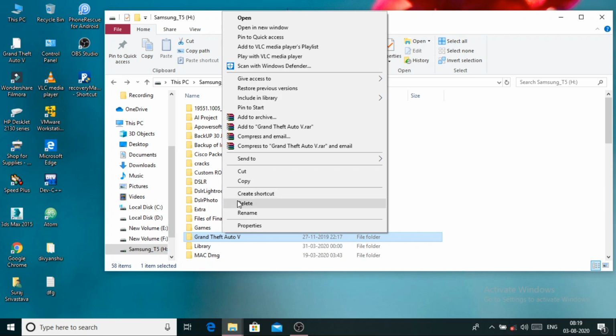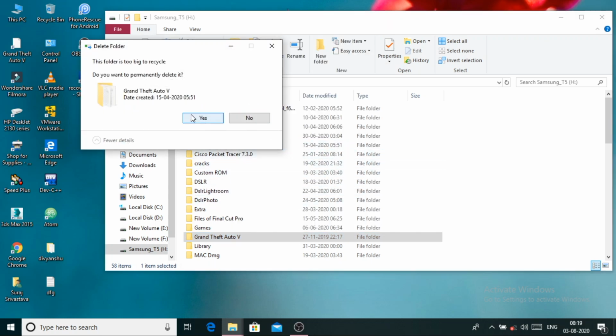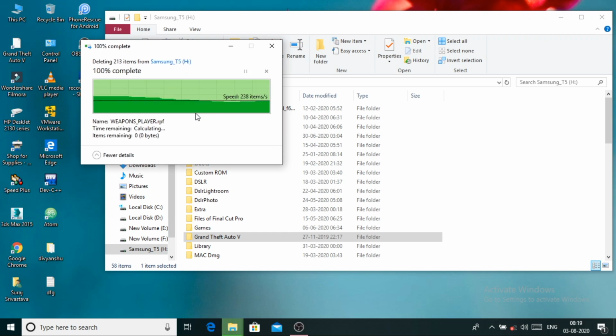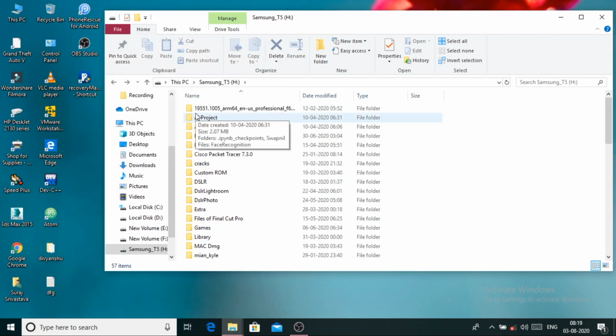Let me click on delete, and here it will say the size is too large to be recycled. Do you want to delete it permanently? I will simply click on yes, I want to delete it permanently. Now it's permanently gone. Now I can't find it in my SSD.